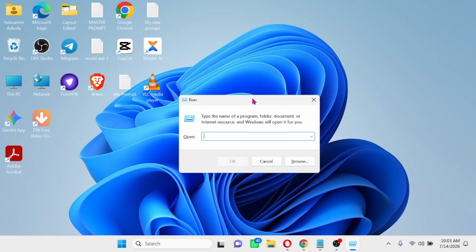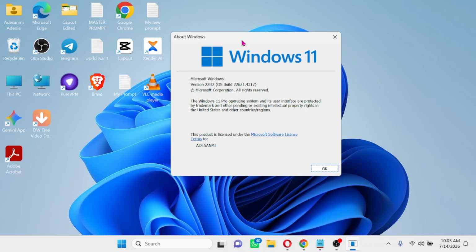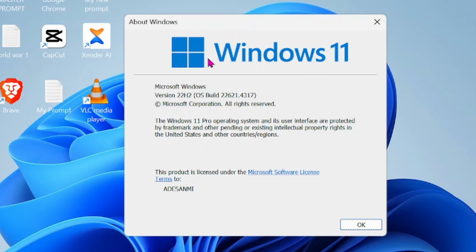Now let's move on by pressing Windows key plus R to bring out the next command. So here type in winver, hit the enter button. With this particular command you have access to your Windows